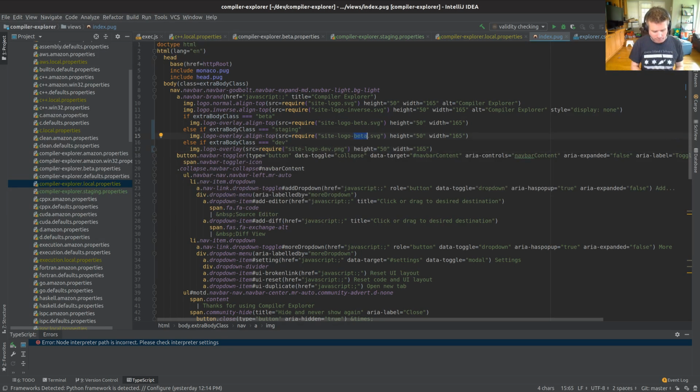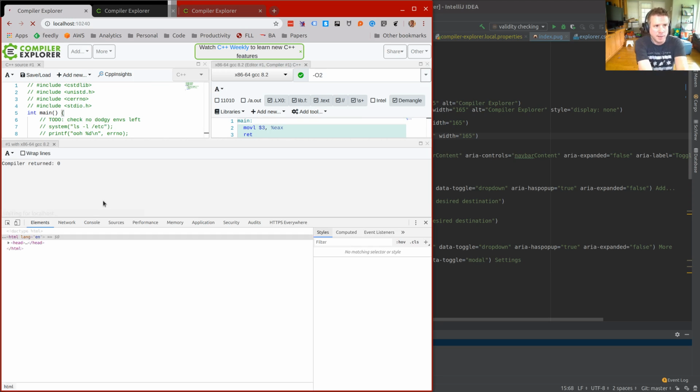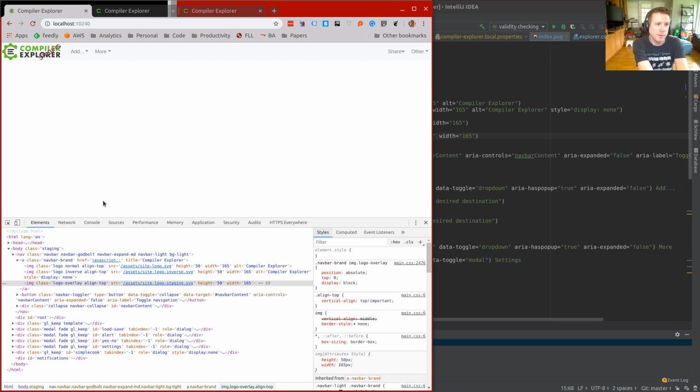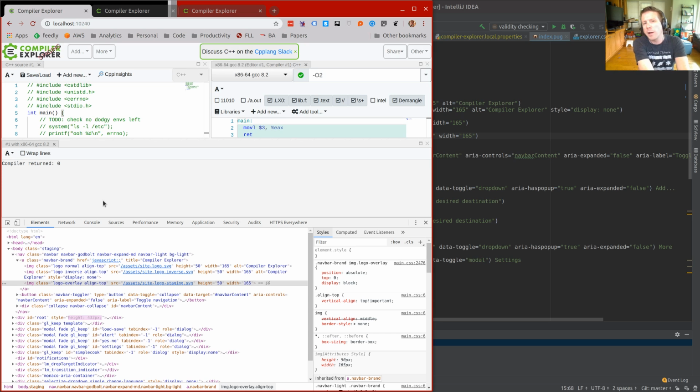I'm so confident that I'm going to put site logo staging in. And we're going to roll a drum and reload locally. Oh, it looks terrible, and I don't care right now. That's an exercise. I would happily accept a pull request for someone to change that to not look so dreadful.